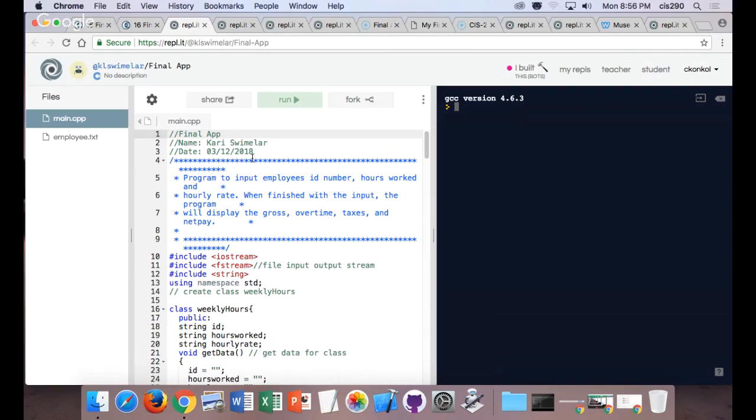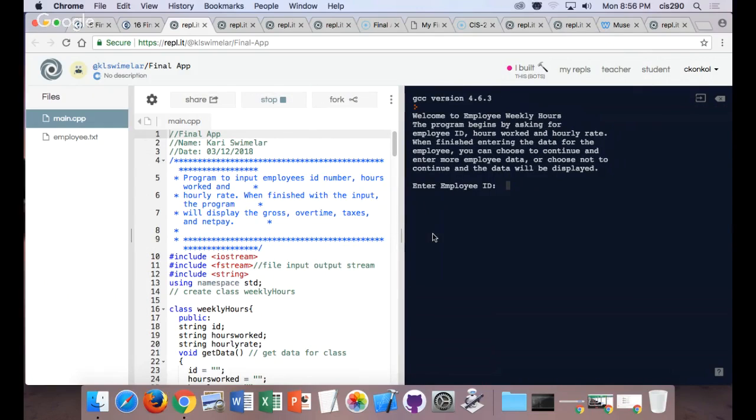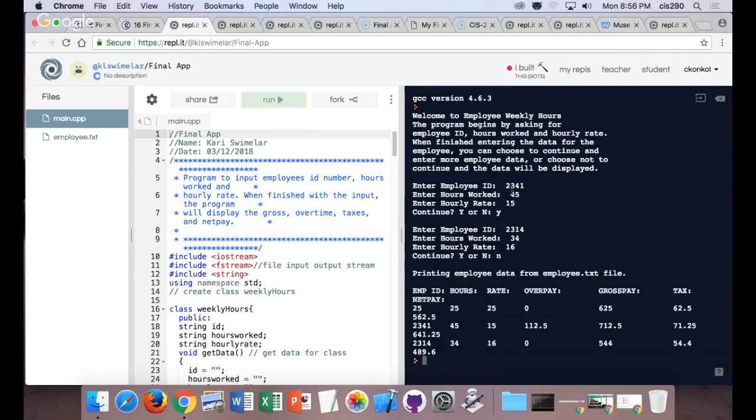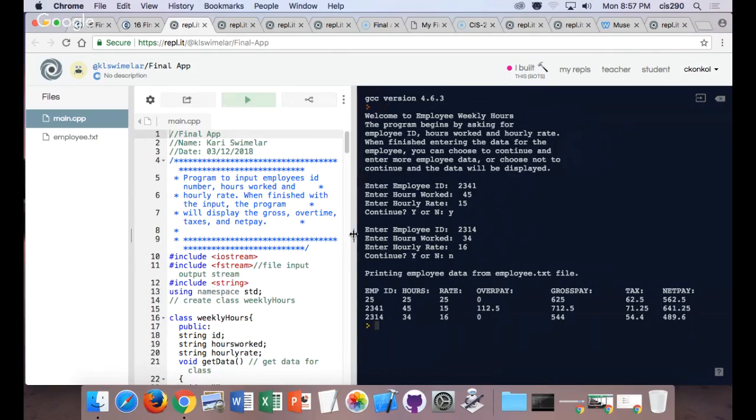I'll show you how it runs. It runs until you tell it to stop, then it will display all the information. It starts off when you put an employee ID number in. How many hours the employee worked. Get a rate. You want to continue, yes or no? You can put as many in as you want or as few as you want. And when it's done, I had a little bit of formatting. So I display the ID, the hours, the rate, any overtime pay, any gross pay, the tax, which I based